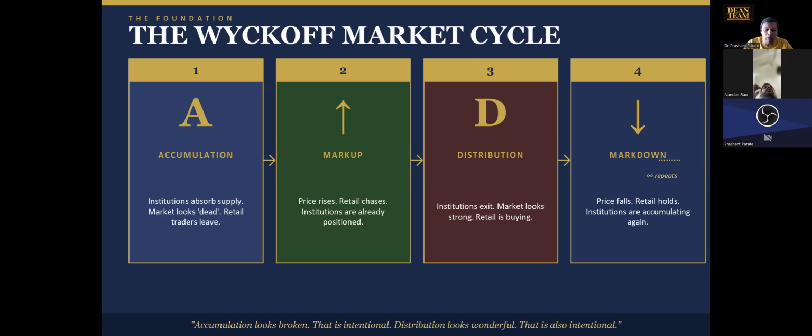Like, prices are falling. Then what happens in this fall is institutions absorb the supply and the market looks dead. What happens to retailers? They leave. So prices are in markdown. Why will institutions accumulate in markdown phases? Because they have a lot of money to invest and they can invest and make the stock stop from falling. So they can buy here and prices halt. They can buy here and prices halt. They don't know whether that will be a low or not. That is very important.